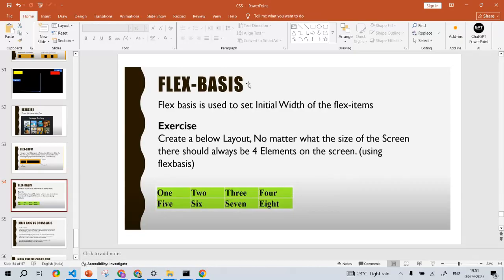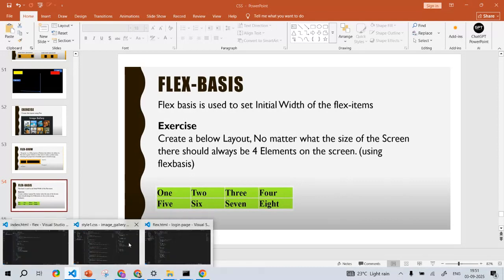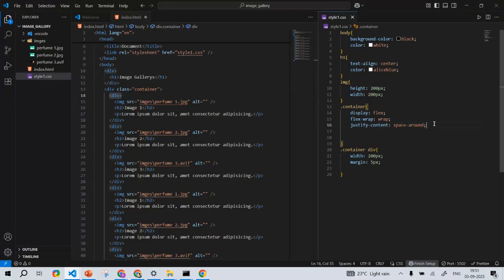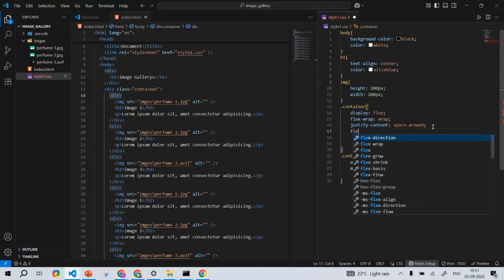So it takes like a percentage. You know the width is 100 percent. So for four boxes, 100 divided by 4, it takes around 25 percent. So calculate like that. Just give, for the container, flex basis. Give flex basis 25 percent. If you give,